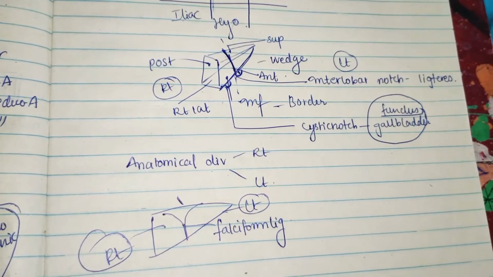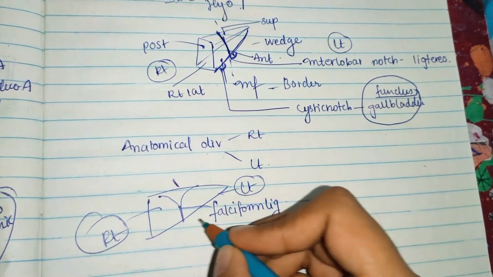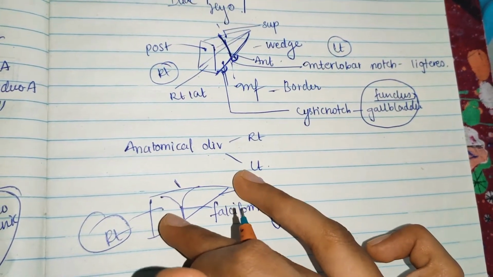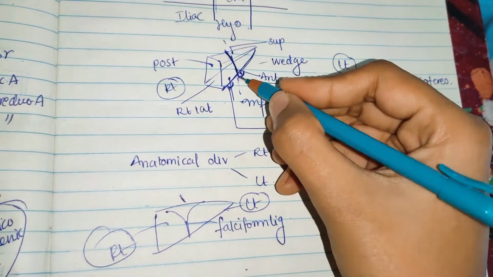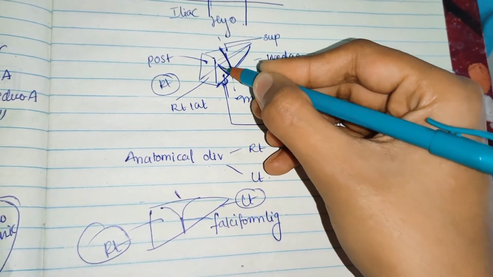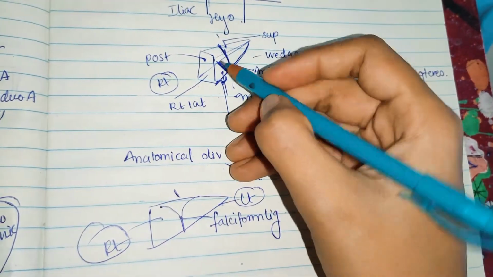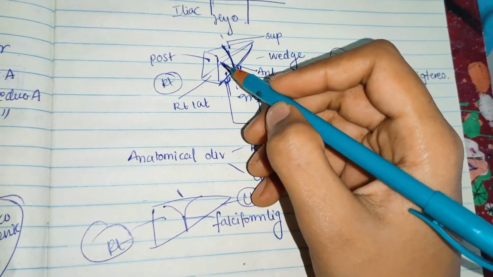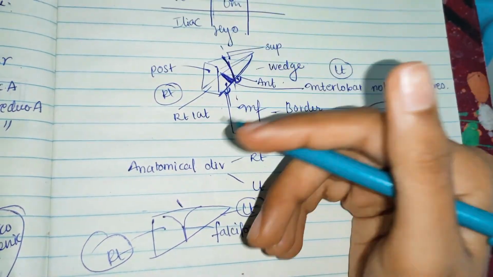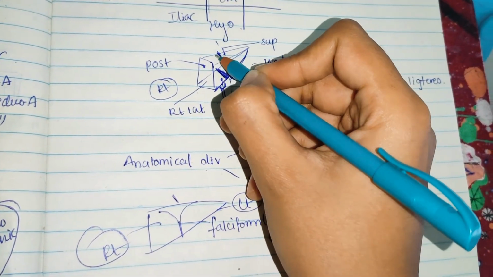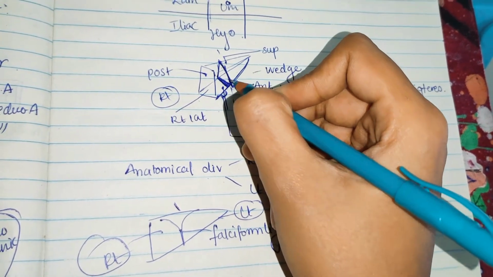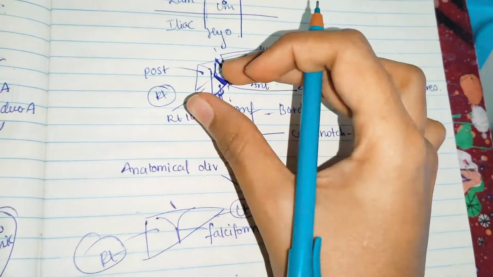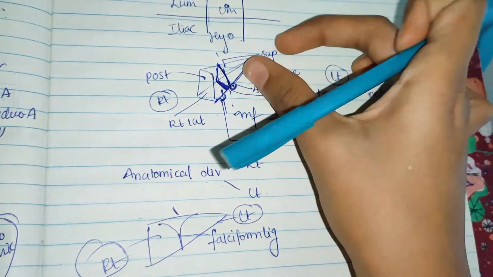Okay. So as I said, falciform ligament. The next one, which is dividing the liver into right and left lobes, is the ligamentum teres inferiorly. So inferiorly, you can see this is the inferior surface I am drawing. So here comes the ligamentum teres inferiorly. Okay, and posteriorly you have ligamentum venosum. So this is the posterior side. So you can see a triangle-like structure is formed. So this is dividing the liver into right side and left side.